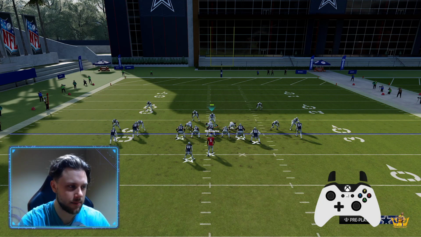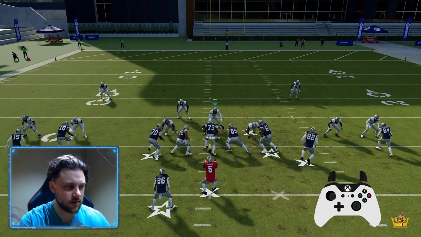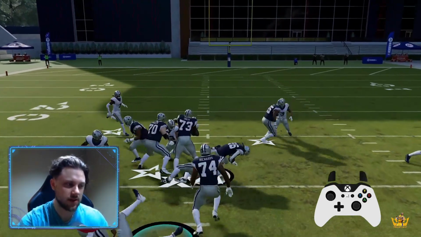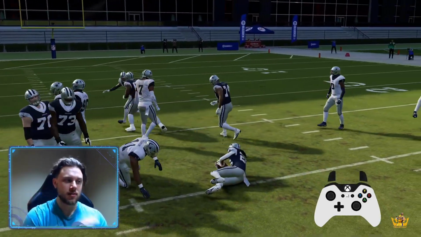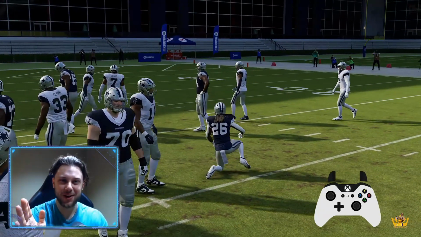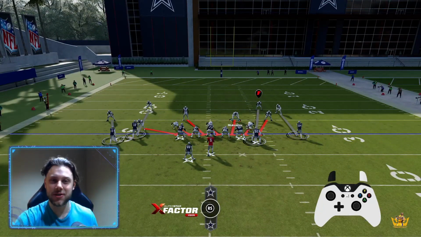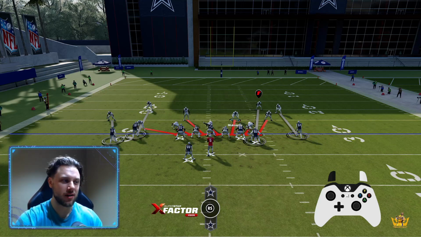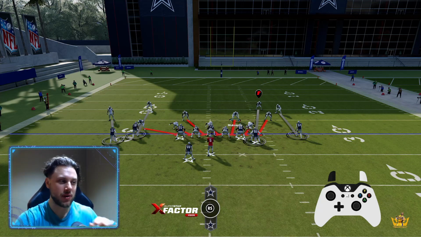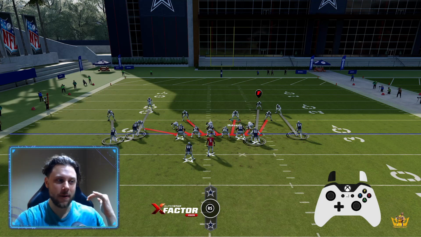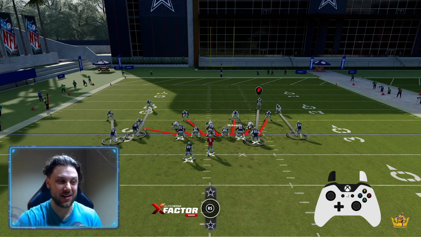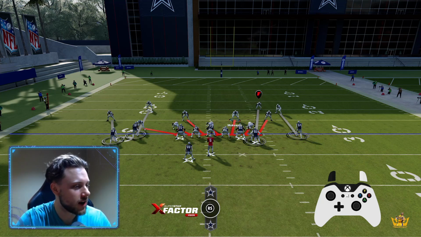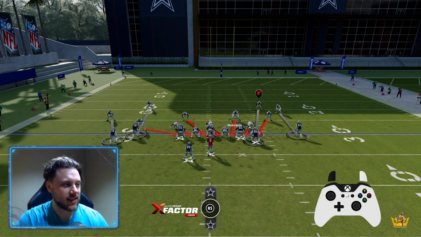All right, we're going to let it snap, and this will be our first. Okay, and then they're going to run it, but that's okay. If they run it, that's why we call spinner, okay? Because something about this play plays the run better than other dollar plays. So that's why we go through the effort and the hassle of changing all of our defenders' assignments. It's because it's really good against the run, okay? So there you go. The second step, or the second setup, I should say,